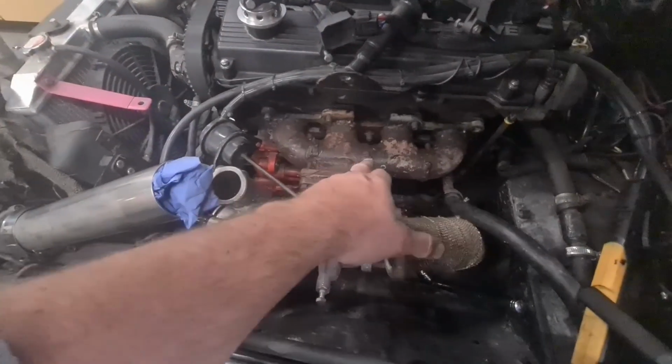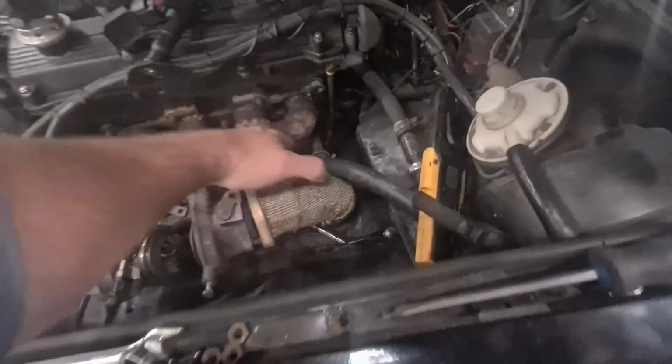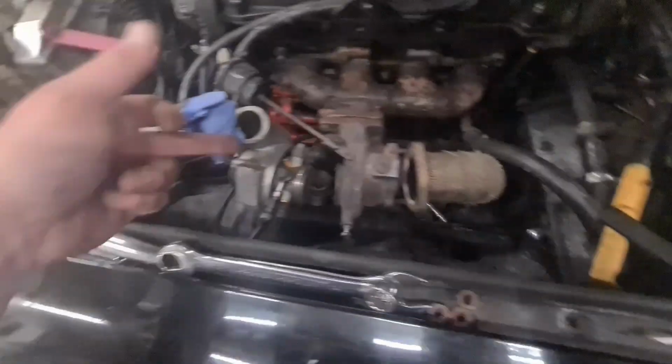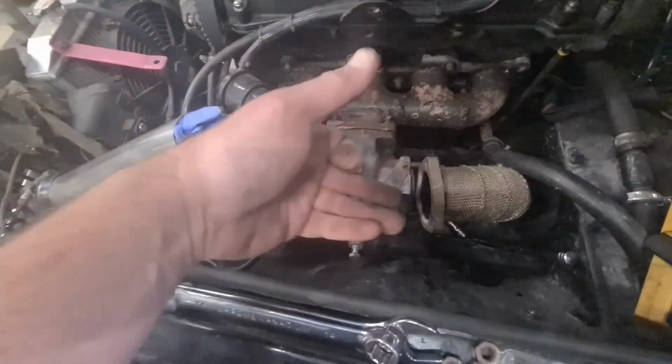That took a bit longer than expected. As you can see, it's had multiple repairs over the years. Recently it cracked there, so it's a reason why I'm just changing it over. But either way, she's loose. The front core of the turbo is now off, so all I've got to do is pull this out and